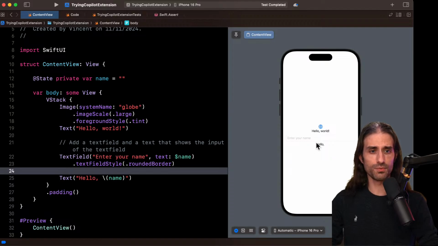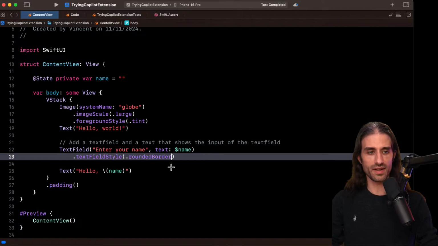I got to say, except for the small bug we had just before, perfect, working perfectly. Except for the small bug we had when using autocomplete, otherwise it's working quite well. I'm quite impressed by what they've done. Granted, they only had to do the integration within Xcode, but the fact that it feels snappy and responsive is really what's gonna make it a killer use case or a deal breaker. And I think that they've nailed it pretty well.